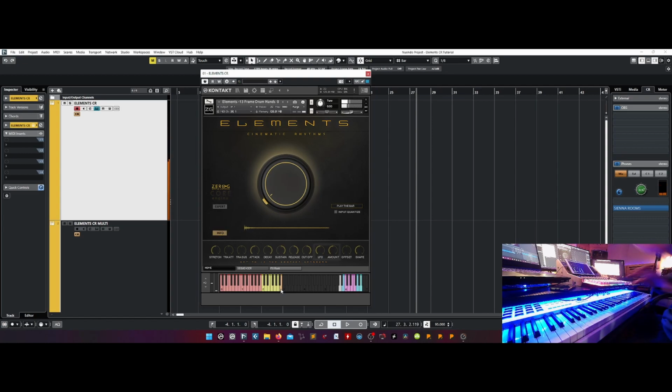Okay, so you have both: the classic dynamic mapping, and the mapping of the different dynamic levels on different keys.